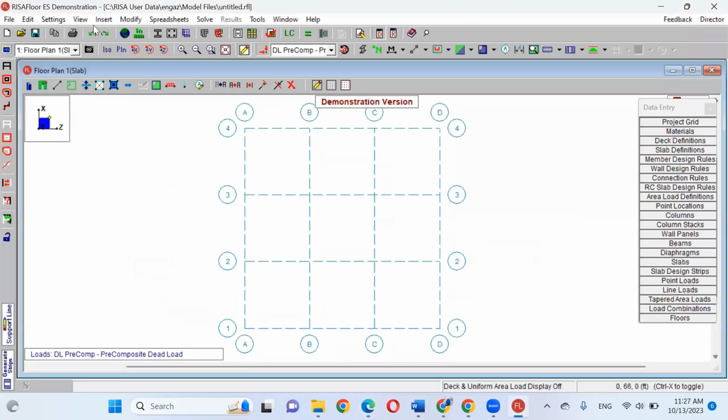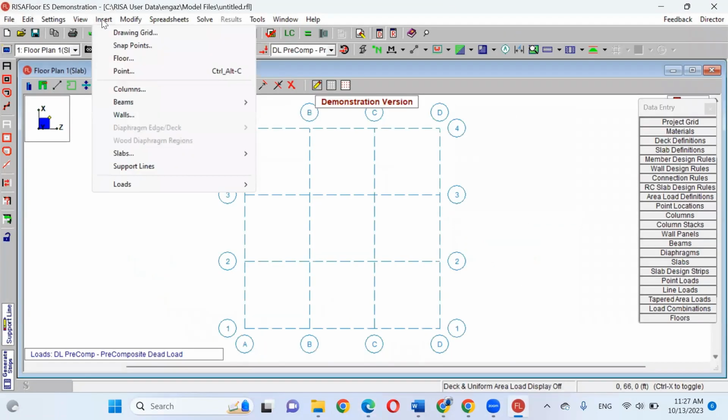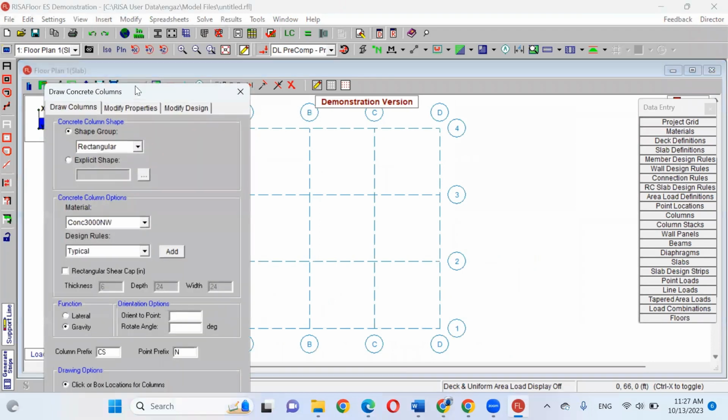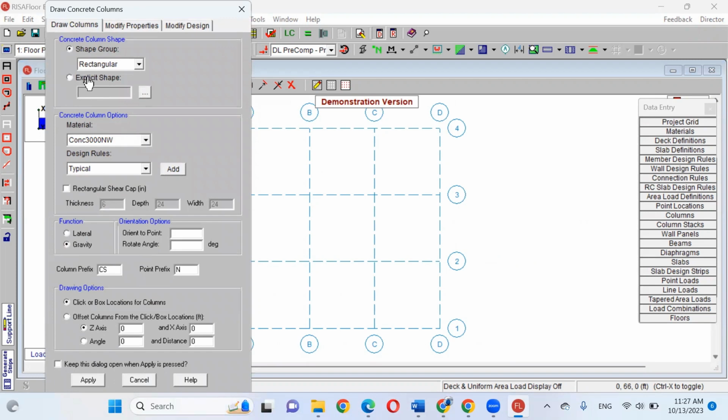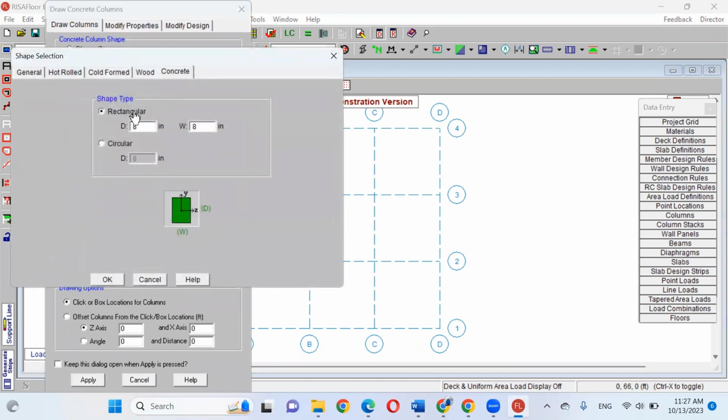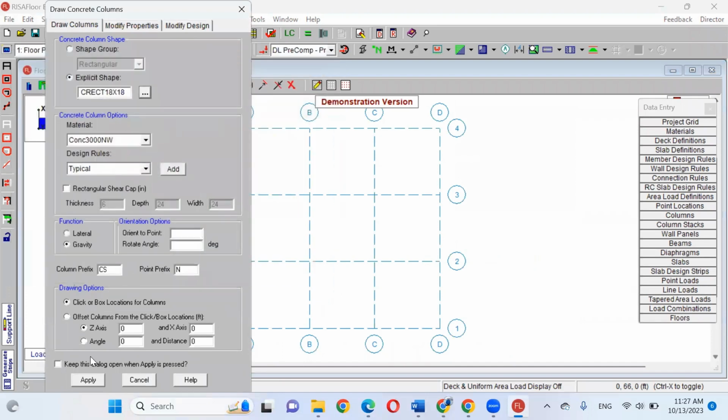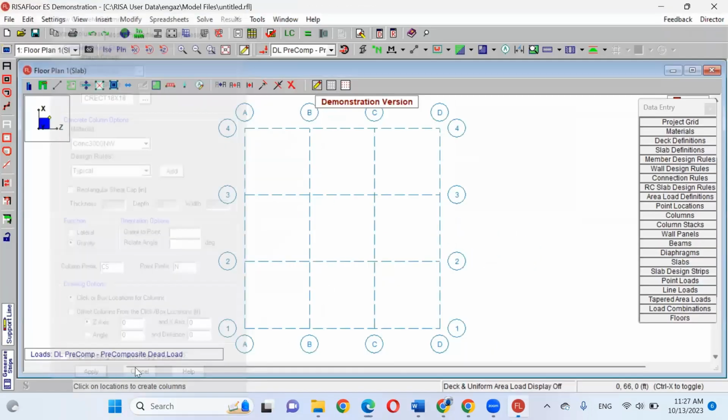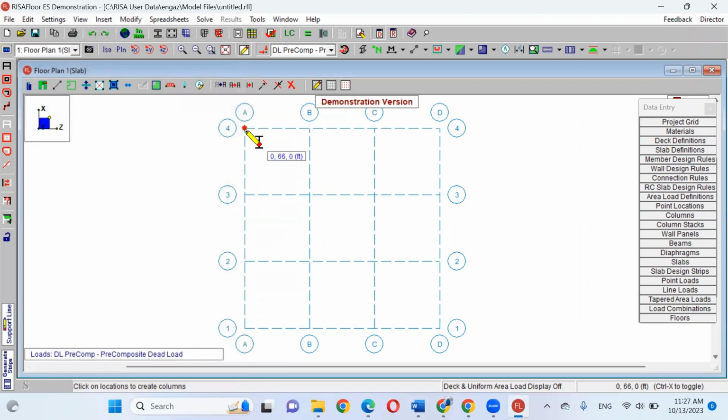If you go to insert, we have columns, and I can define explicit shape with rectangular cross section 18 inch by 18 inch. Okay, apply. Then I can draw by clicking at each location of your column.